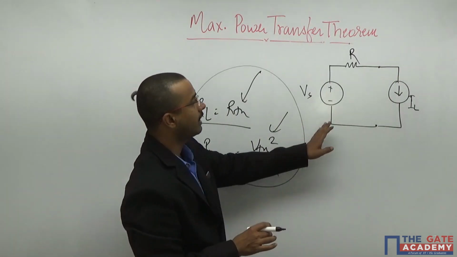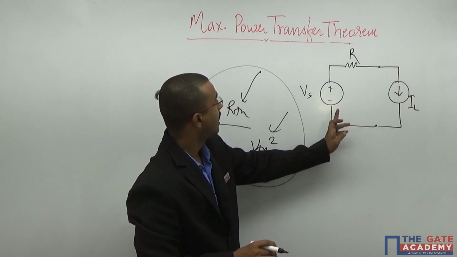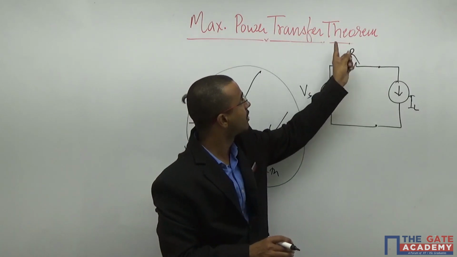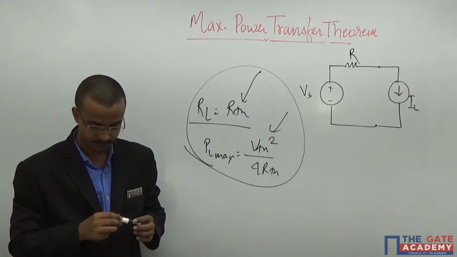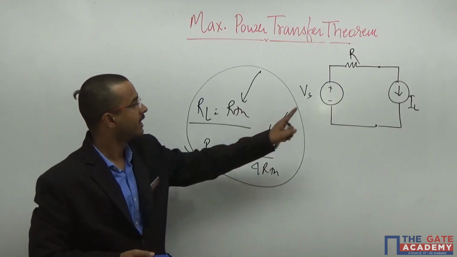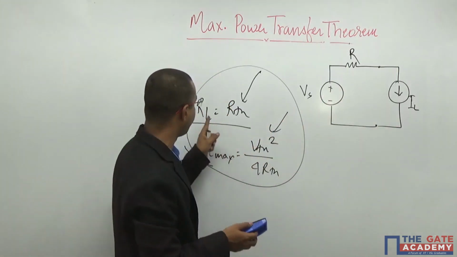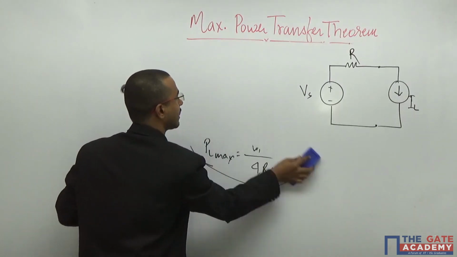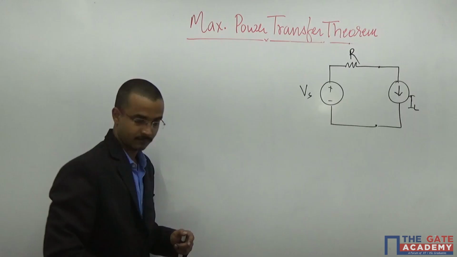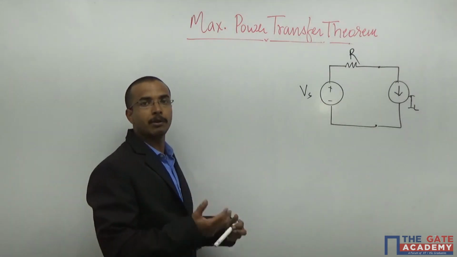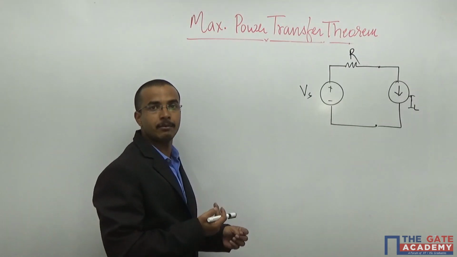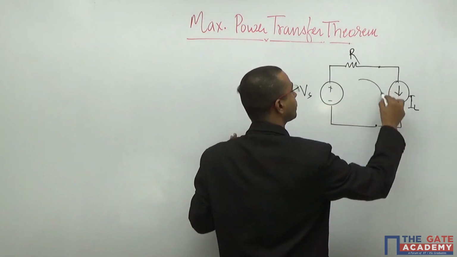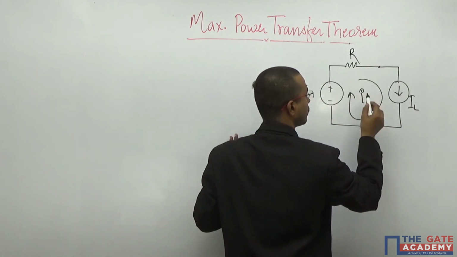I am solving here only the exclusive questions which will consist hardcore from the maximum power transfer theorem. And special cases because here my load is not resistive. That means I do not have a freedom to apply these formulas. I will discuss only those questions where you cannot apply the formula directly. And where I am not able to apply the formula, I will go with my fundamentals. What is the loop current of this? IL. Sorry, capital IL.